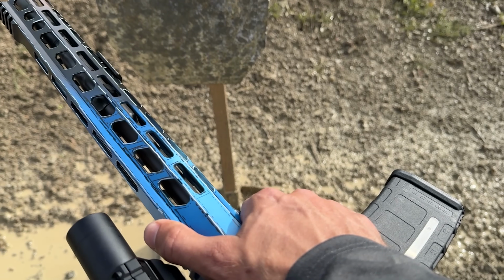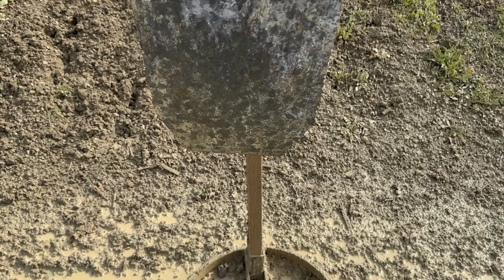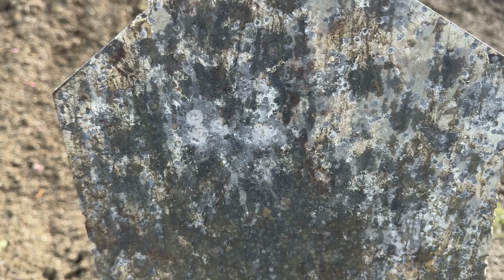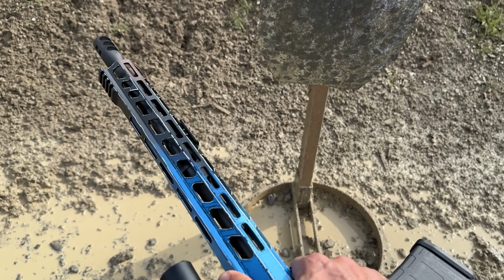Okay, so I let this gun cool down a good amount, let it sit for about 45 minutes while I shot some other stuff. And you can see those fresh hits. I was aiming basically right here, and they're in this area, and they're all hitting. So maybe it's just that when the gun gets hot,